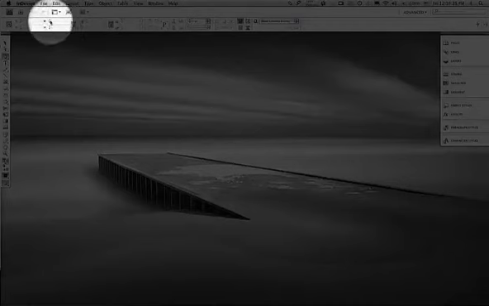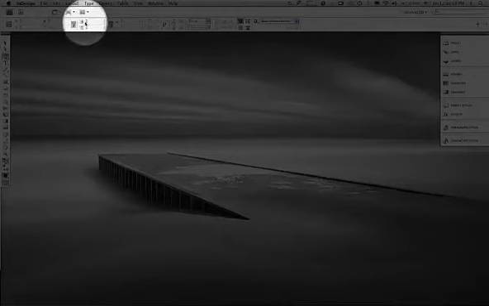So the height and the width are linked, so if I change one, it's going to change the other proportionally. If I unlink it, they're independent of each other. So say if it was a 5 by 5 and I clicked on that and I clicked in 10 here, it'll update it to 10 there. If I unlink that and change that 5 in this number to a 10, the 10 would stay in here, but the 5 would remain in here. So just so you know,